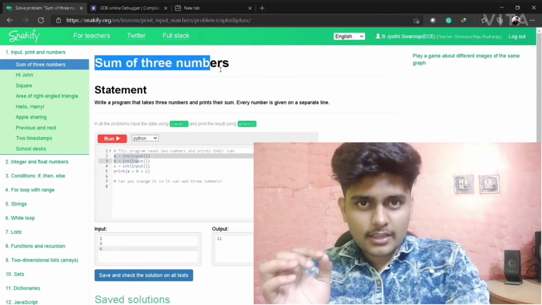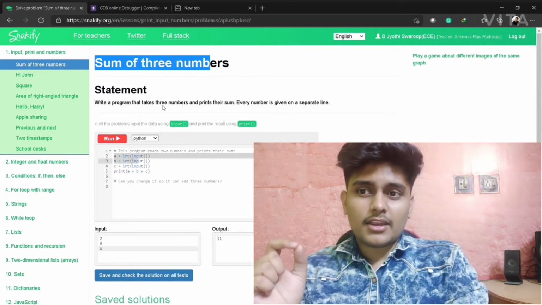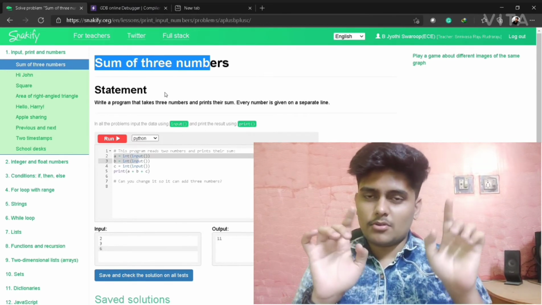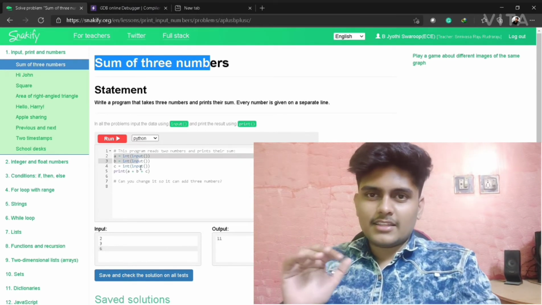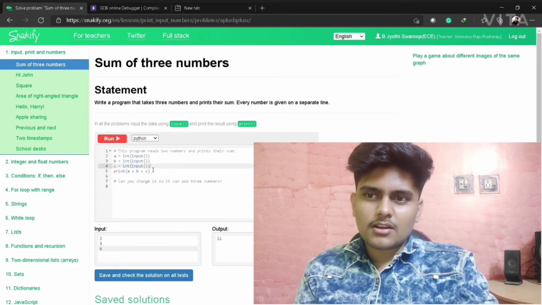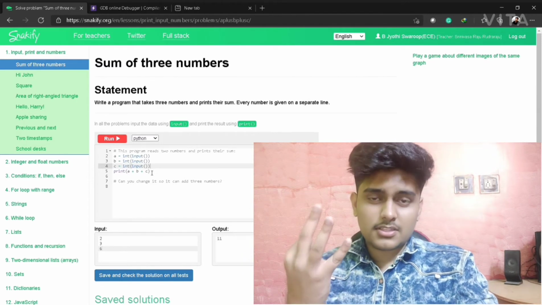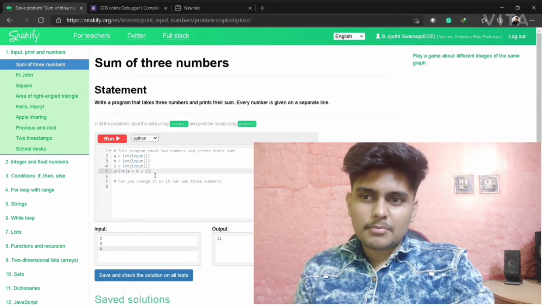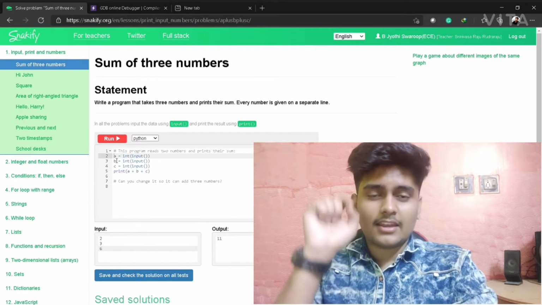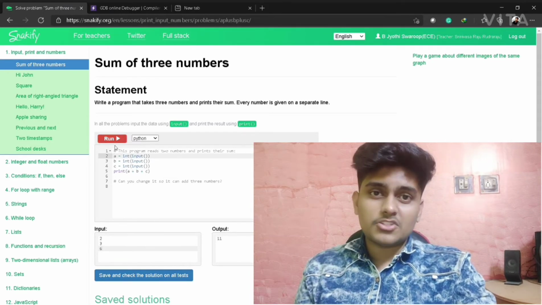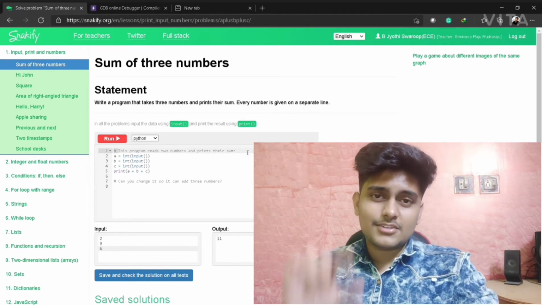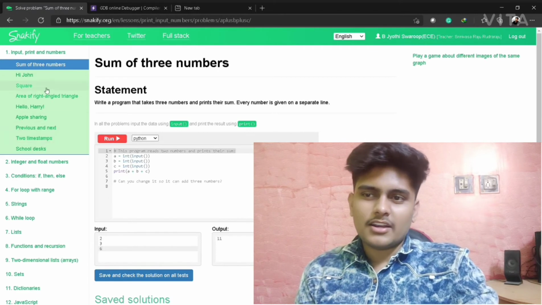You will take A, B, C, and write int input. Just give it without any messages or other things. Here he took three lines, meaning three inputs, three numbers, and finally printed everything. You can see each and everything is in a single line. That is indentation that you must follow. And what is this hash? As I told you in the starting, it's just a comment. The compiler will not read this line.